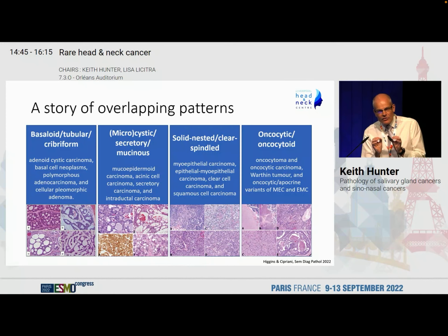So that then raises the problem, of course, that when you come to having a core biopsy, or even a number of core biopsies, you're getting a very small sample, and that raises the question of what have you got? Is it actually representative of the tumour? And so that places a limitation on what we can do even from core biopsies.